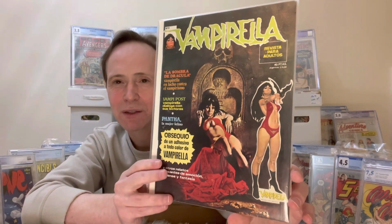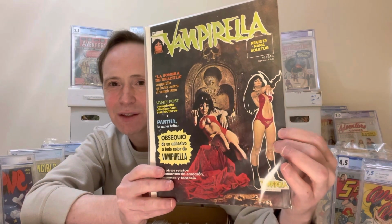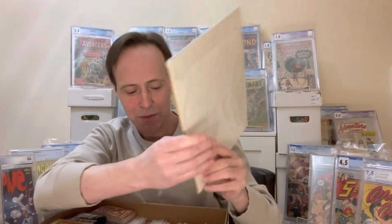I just thought it was like the magazine, but I noticed later that you could feel that it was a sticker. So that sticker is super rare, so it's kind of nice to have that. That was kind of cool. That's something I discovered in this whole moving process. And then some other cool things inside here